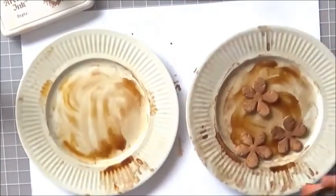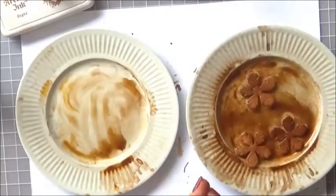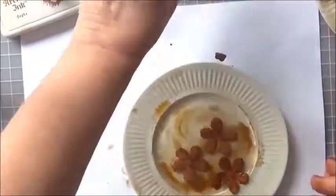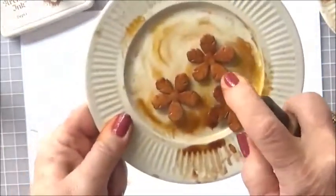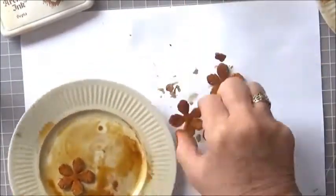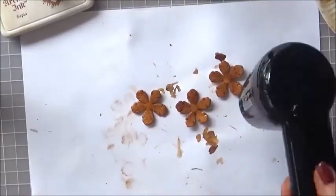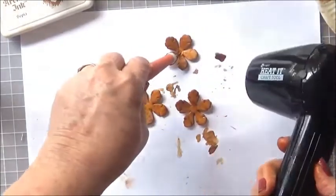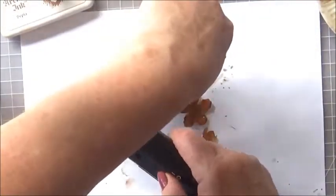Now I'm going to put them back on the plate and give them another bit of a spray with both the incandescent copper and then with the Grab a Gold. I just thought I'd like to do really lovely brown tones and gold on the plain white for some Christmas cards this year. Now I'm holding that in the middle of the flower with a stylus with a little ball